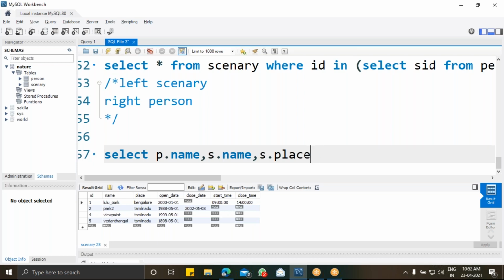So here, what I'm going to do is from scenery. Here I'm keeping an alias name. To keep an alias name, I'll be using this keyword AS to set the alias name as person_name. Similarly, S dot name is nothing but the scenery name, so AS scenery_name.